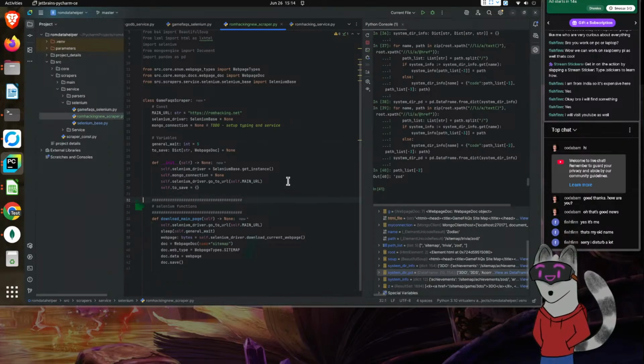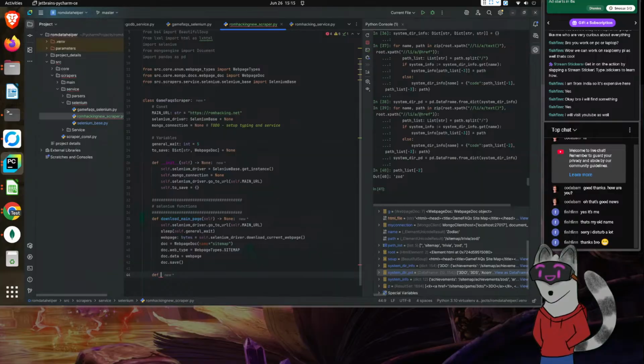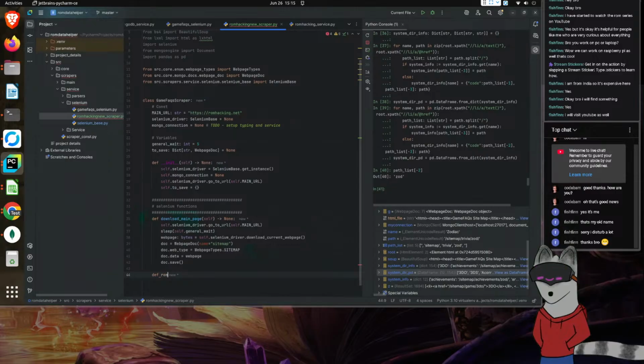Okay, so let's see here. We have save. That's good. Download main page. That'll be good. And the reason why we're going to do this is because when we go here, it will be download, or we're going to be creating a loop. Oh, the naming. I always don't like naming things. Main download loop, I guess. No, that sounds horrible. That doesn't explain anything. Oh, I know. ROM hack download. Yeah, there you go. ROM hack download.